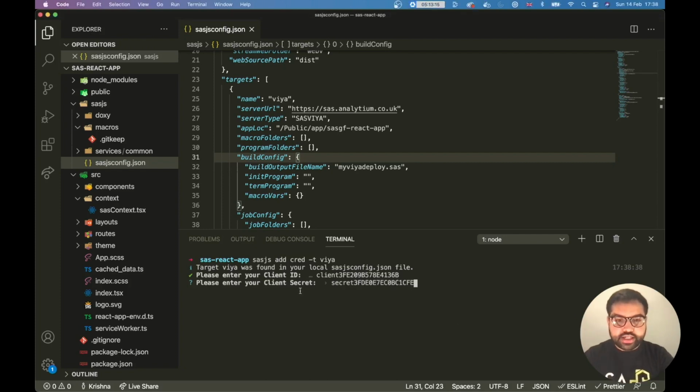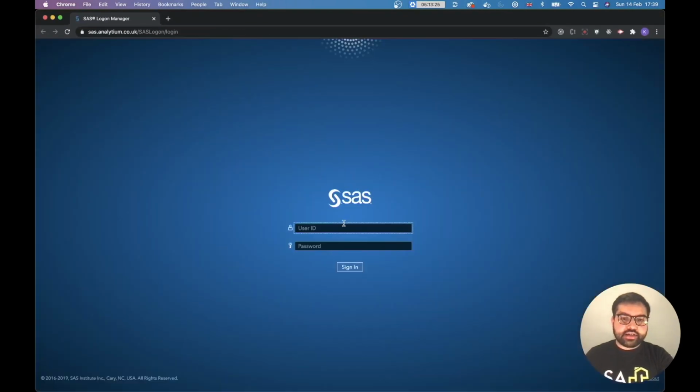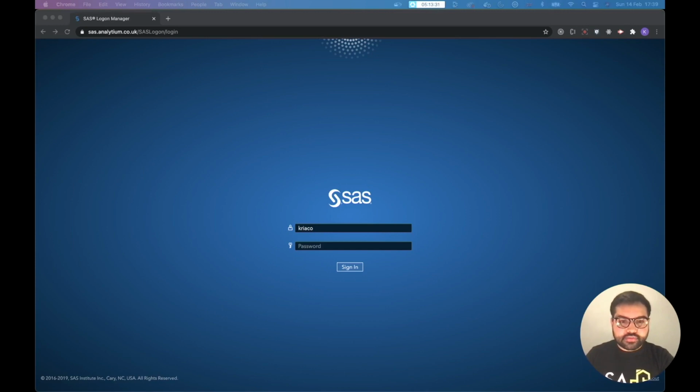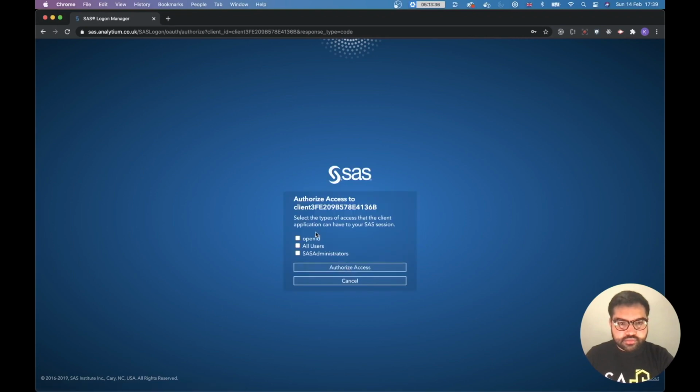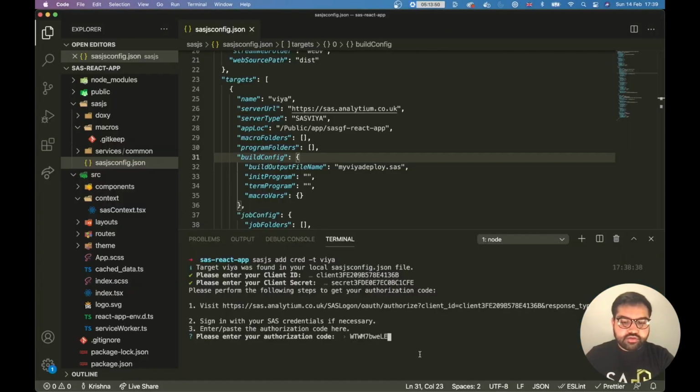Once I've put in the client ID and secret, it'll ask us to go to this URL, authenticate with our username and password, and then put in a code that is returned here. We now have the code, which I will put in here.